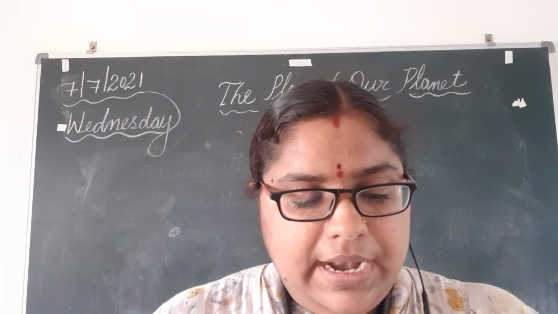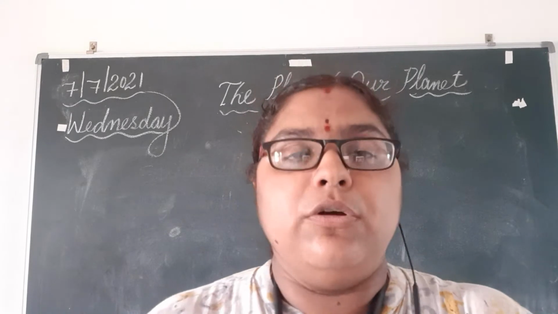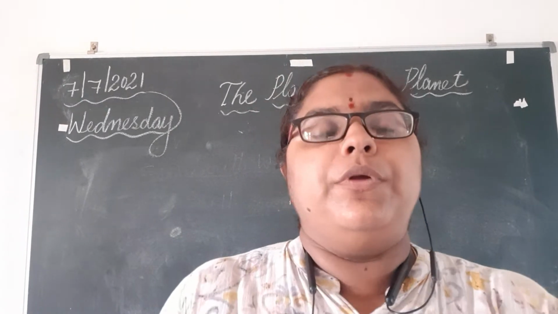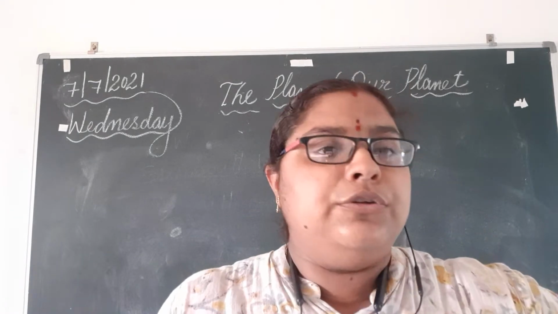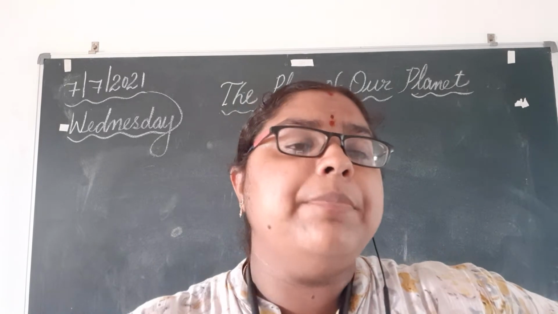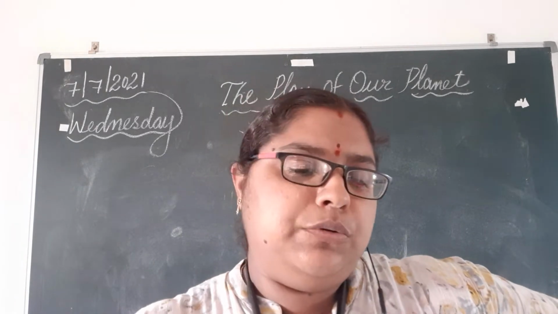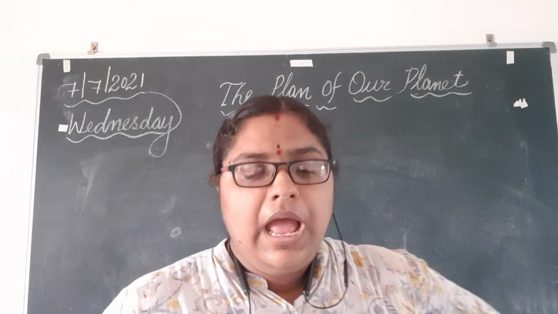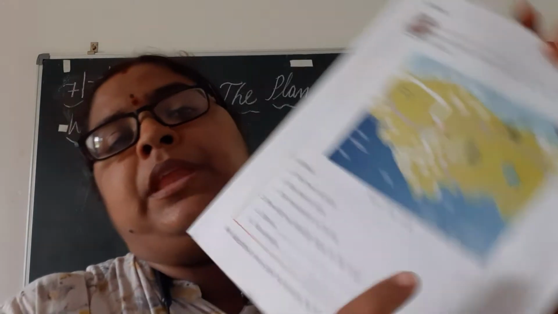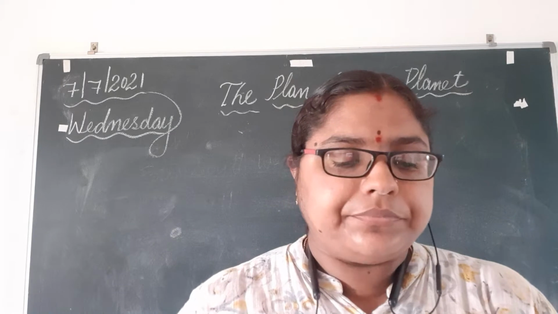And we have learned how to calculate the distance on maps and on road. On map, if it is 1 centimeter, on land it is 250 kilometers, or on map 1 centimeter it will be 50 kilometers. Now, I have given you this homework also. Now, see page number 10.